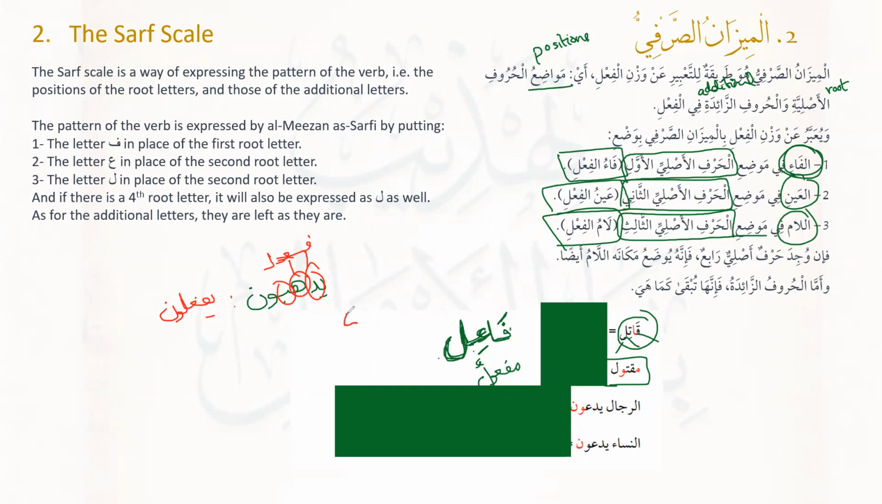طيب if I ask you مثلا كتبوا. What are the root letters in كتبوا? كاف تاء باء. طيب in الميزان الصرفي how will you express it? It's on the wazn of فعلوا. نعم. كتبوا على وزن فعلوا. عرفتم؟